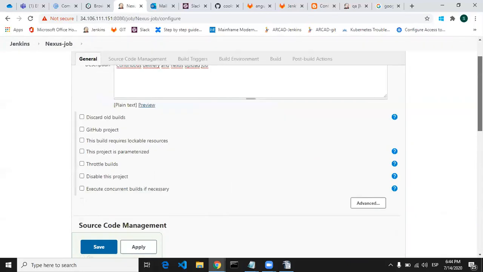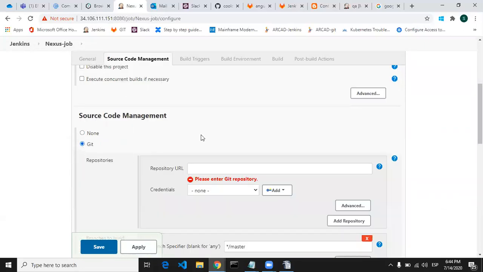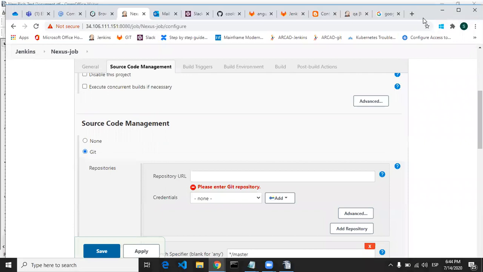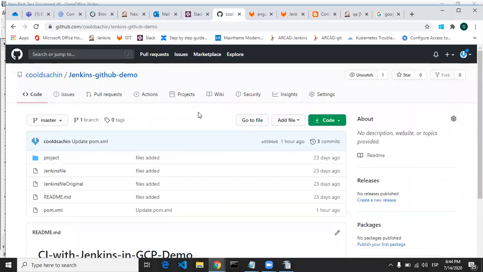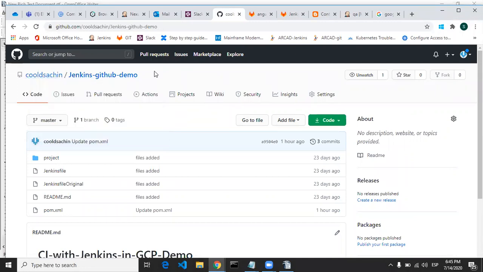Then go below to Source Code Management and select Git. Now you have to place the repository URL of your project. I have created a project on GitHub. You can see Cool D Sachin, that is my repository on GitHub, and Jenkins GitHub demo is the project. If you want to use the same, you can fork this repository.